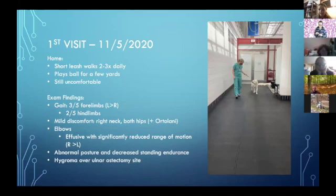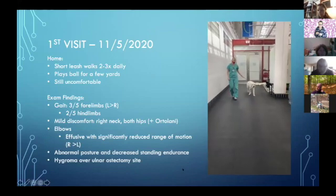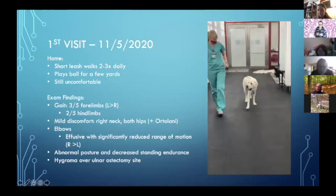At that time, he was doing 2 or 3 short leash walks a day. He would play ball, but he would only run, and it was more like hopping rather than running, for a few yards, and generally was just very uncomfortable. So I will play this video so you can see him walk. You can see he has a very abnormal front gait,